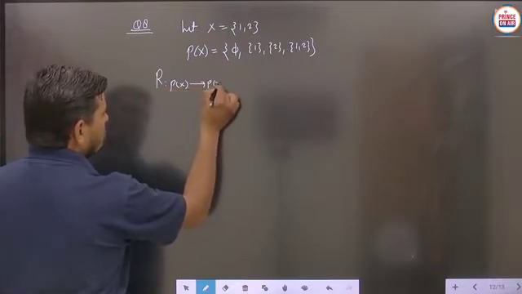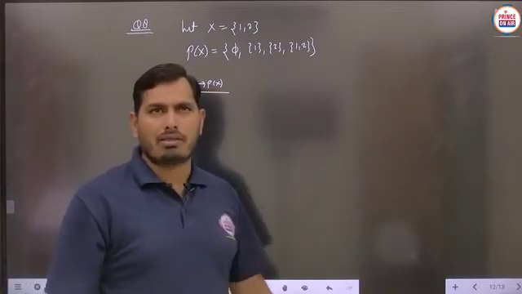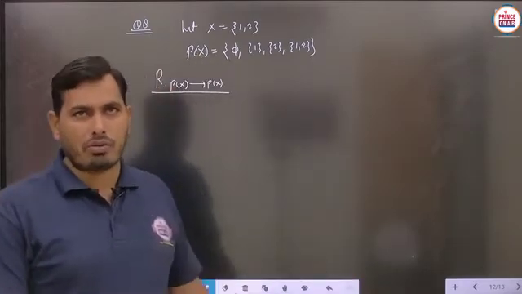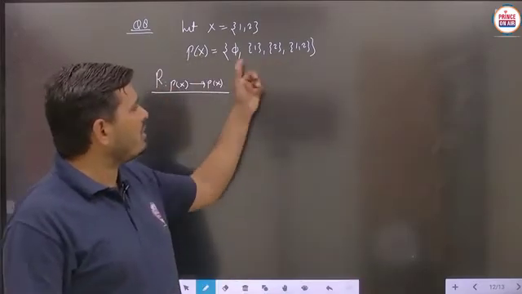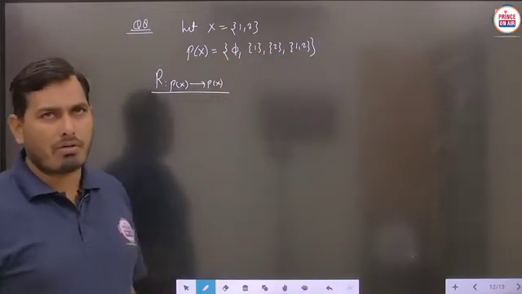So this relation is to be defined like this. This is the power set of X. You can check the theory of power sets. The power set is the set of all kinds of subsets. So we take any set, suppose 1, 2. Then you can make all the subsets, and all the subsets are written in the form of a set. Then it is known as the power set of X.